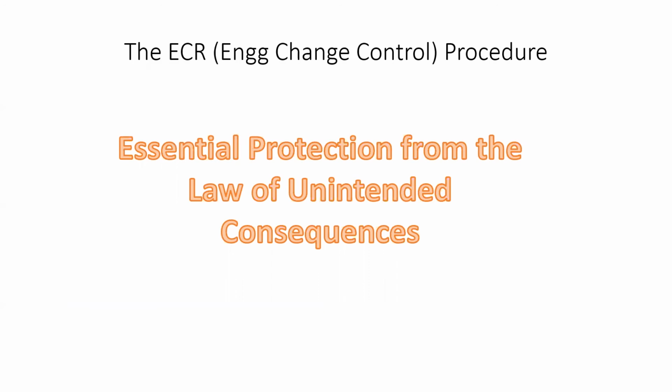What is a healthcare or technology or medical device organization expected to do? We are expected to have a very rigorous engineering change control procedure. So you can't just change anything. You can't change a design. You can't change a method of manufacturing. You cannot change a supplier. You cannot change an ingredient. You cannot change a dimension on a drawing. You cannot change a tolerance. So why is that? Anything that you change has the unfortunate effect of affecting something else. And so having a change control system is essential protection from what is called the law of unintended consequences, or Murphy's law. Anything that can go wrong will go wrong, right?